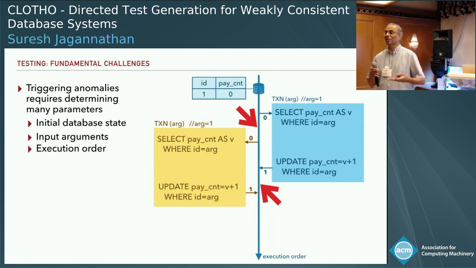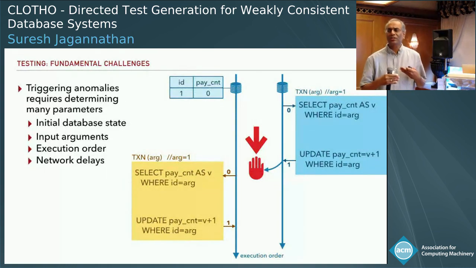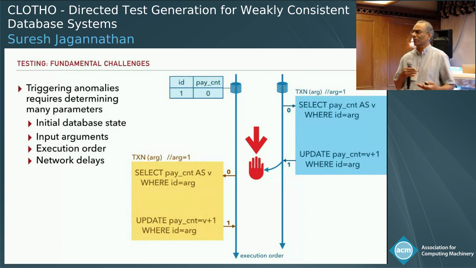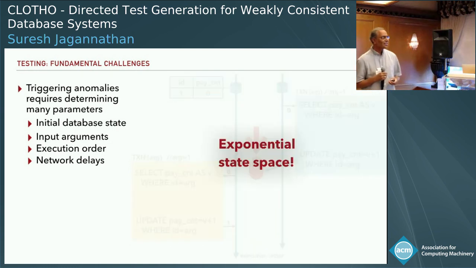Now, all of a sudden, the minute that we start thinking about interleavings, we've got this large exponential state space of possibilities that we have to consider. And because we're running in this geo-replicated world, we need to understand the possible effects of network delays and partitions, node failures, and other such things that happen in practice, with respect to the actual behavior of the programs that we want to validate. Okay, so this is a big problem, right?